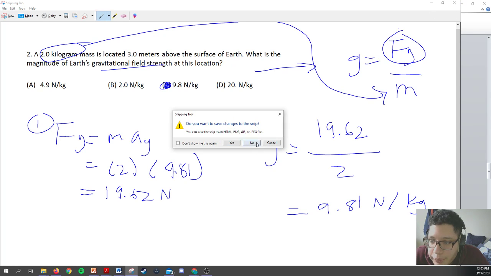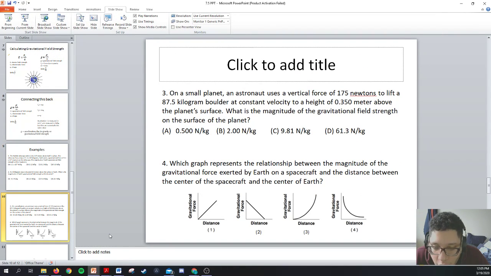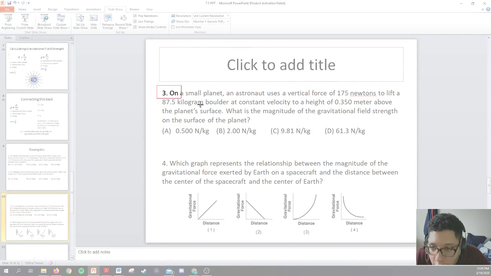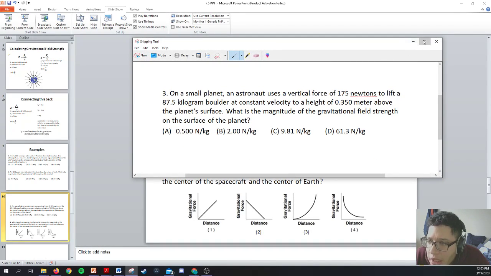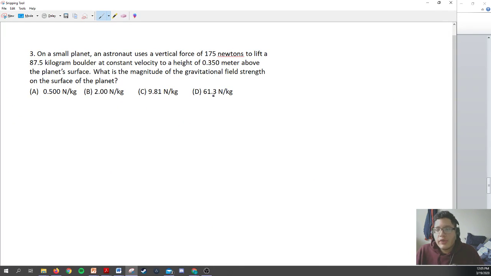Moving on, problem number 3. Oh, Lord. Okay. On a small planet, an astronaut uses a vertical force of 175 newtons to lift an 87.5 kilogram boulder at constant velocity to a height of 0.350 meters above the planet's surface. What is the magnitude of the gravitational field strength on the surface of the planet? So,